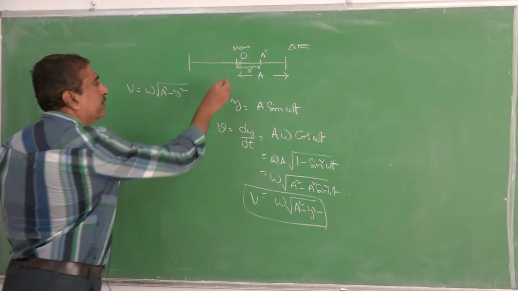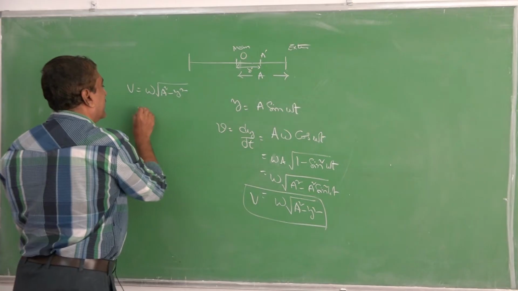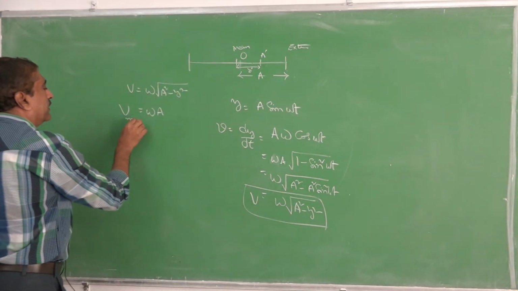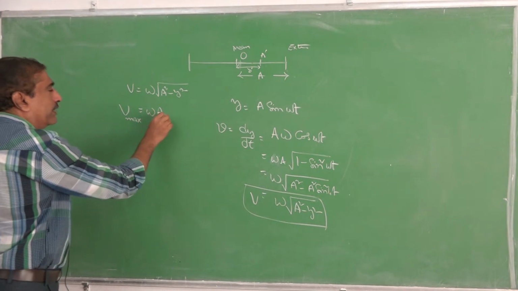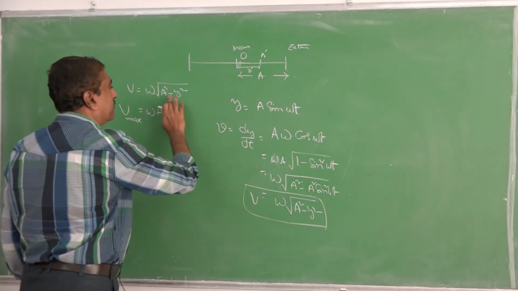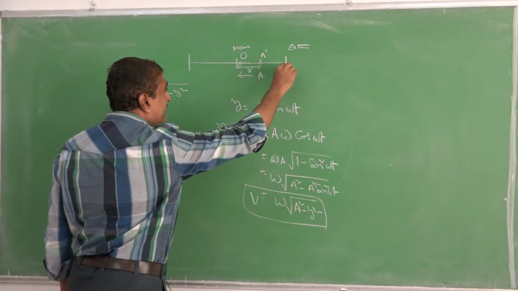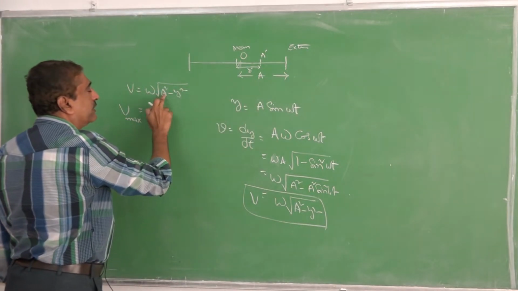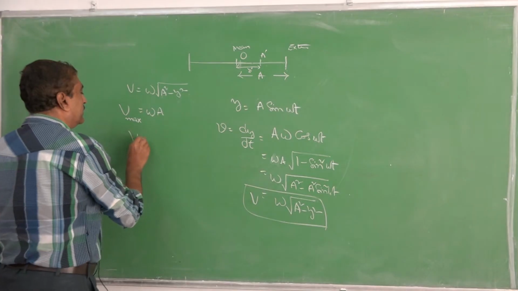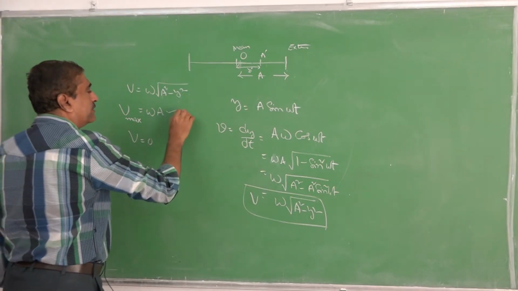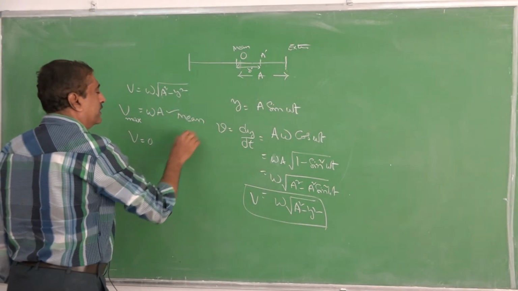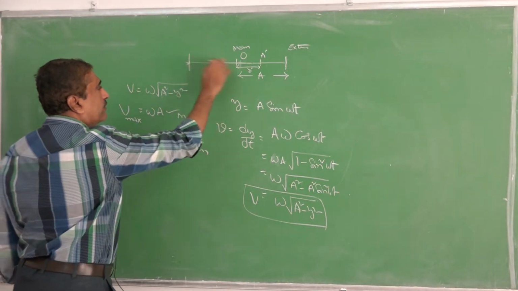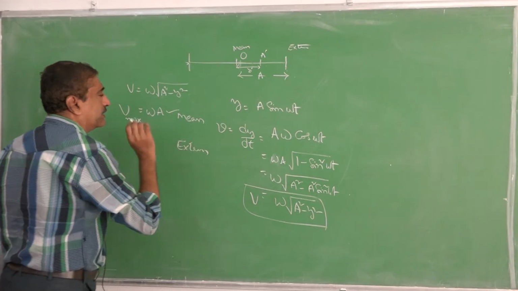So, velocity of the particle in simple harmonic motion is given by v is equal to omega into square root of A square minus y square. Okay, at the mean position displacement is 0, in that case v is omega A, and this is the maximum velocity, you remember like this. So maximum velocity is omega A. Minimum velocity is at the extreme position, where y is equal to A. That means if y is equal to A, this term is 0, velocity is 0. So velocity is maximum at the mean position, 0 at the extreme positions. Here also, at this position, velocity is 0.